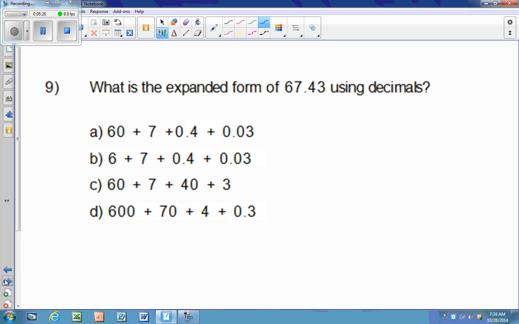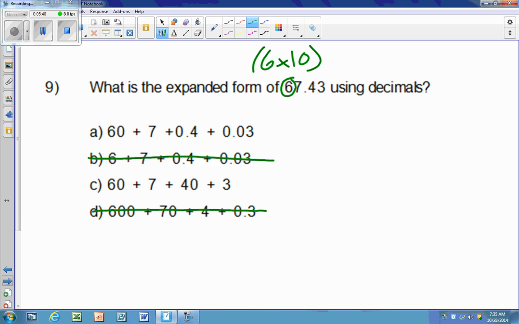Next is question 9. It says, what is the expanded form? They're all written in expanded form to start, so that's good. We know that any of those can be the choice. I start right here by looking at the 6, which is in the tens place, which we know would be 6 times 10, and 6 times 10 is 60. So I know I can get rid of this choice because there's a 6, and this choice because there's a